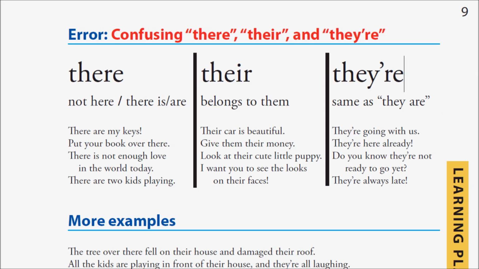So again, you just have to look at it and practice it over and over again. And I just want to caution you, some people when they write and they see this sort of thing, roll their eyes and say, oh, it doesn't really matter. I'm just going to write it. Who cares? Well, I have news for you, okay? It does matter. It matters a lot. And people do care. When you get this wrong and mess it up, people, like I said before, will think less of you. They're going to think you have less brains than you do because you're confusing this. Just listen to your English teacher and practice writing it correctly.